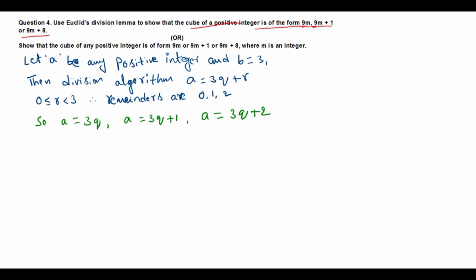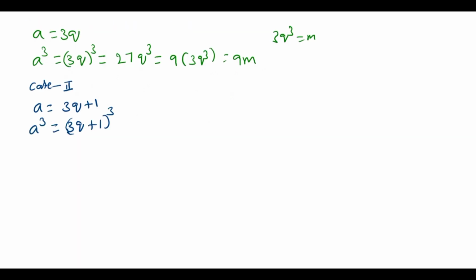All the multiples of 9 are divisible by 3 also, so that I have taken 3. So 3 means the possible remainders are 0, 1, 2. So if we take 0, like 3q, observe here, 3q, and if I take 1 as the remainder, 3q plus 1, if I take 2 as the remainder, then 3q plus 2. Okay, you can check here now.